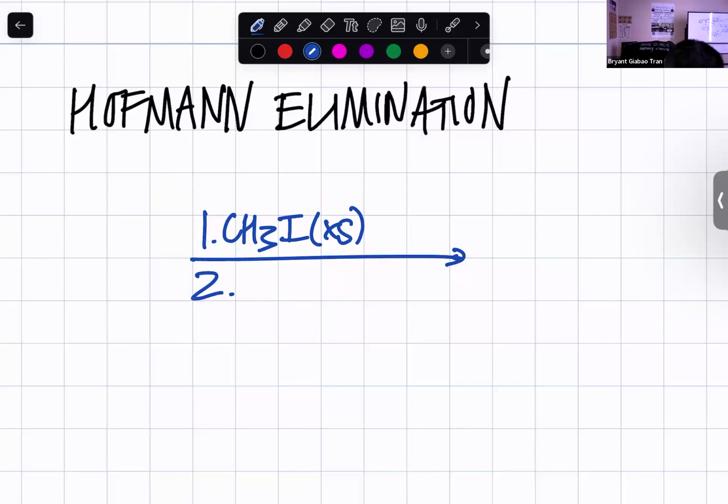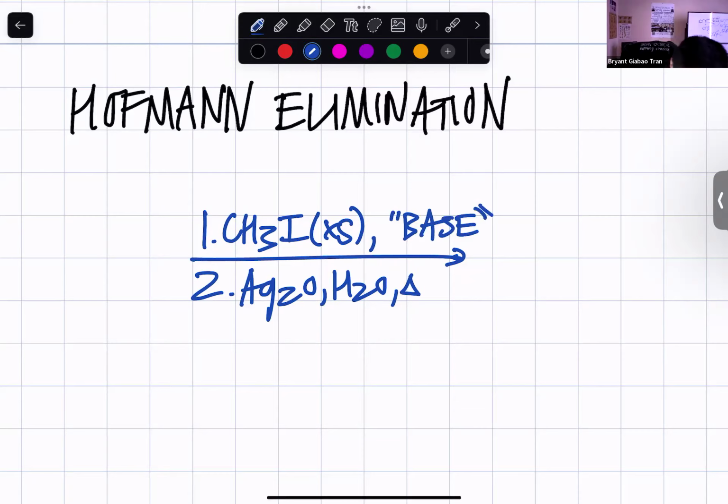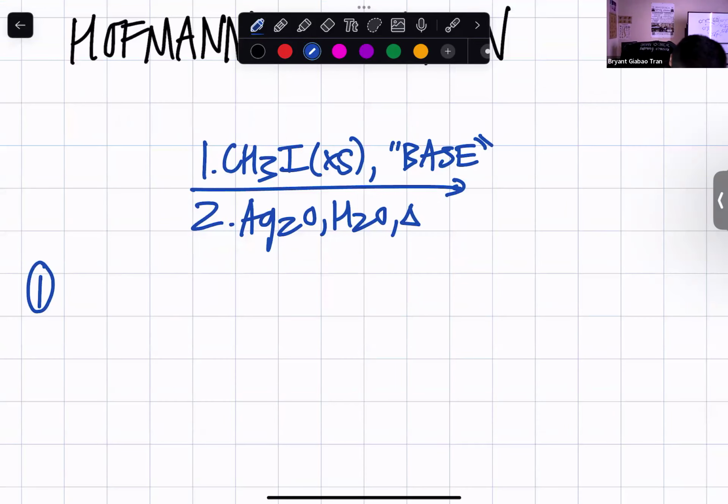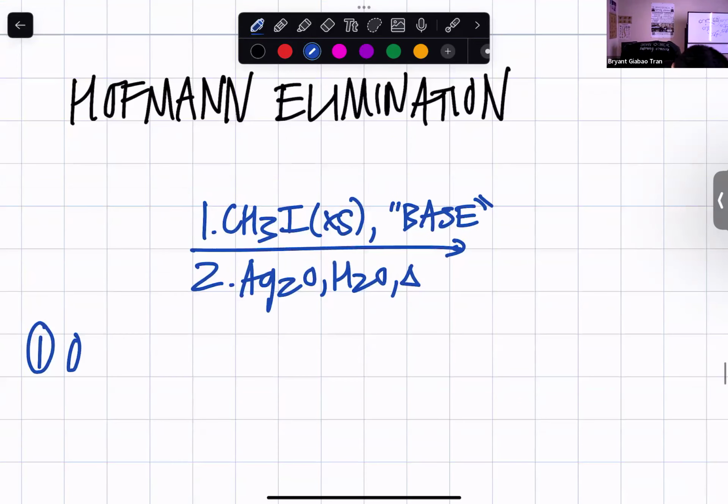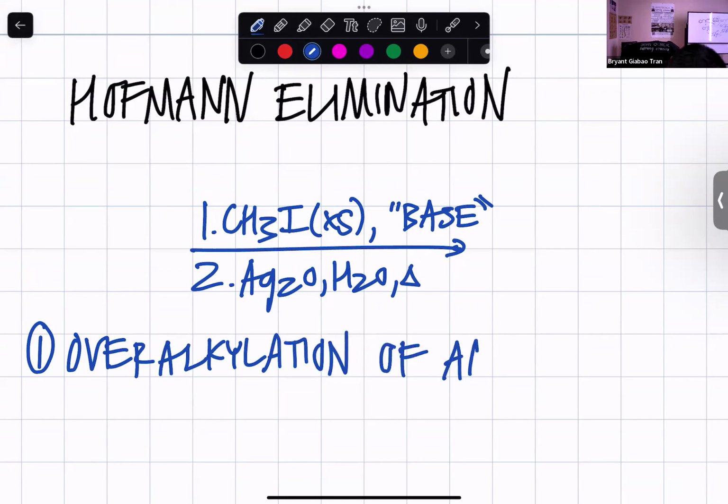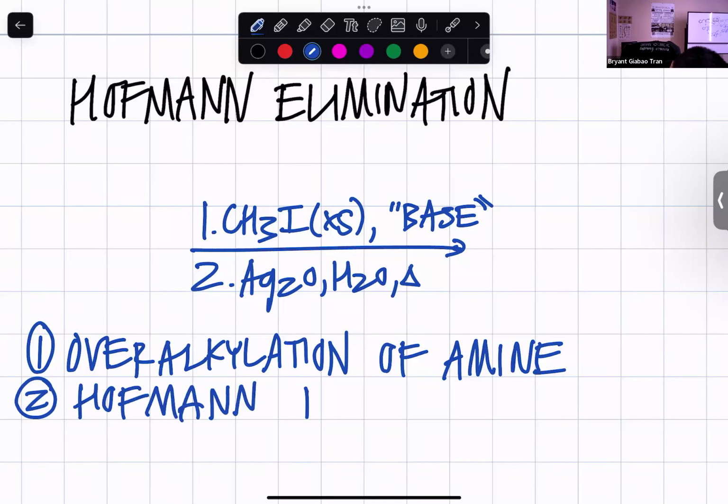Second step, Ag2O, H2O, and heat. The first reaction of this Hoffman elimination overall reaction is going to be over alkylation of the amine. The second reaction of this is going to be Hoffman E2. So you're going to make the less stable double bond